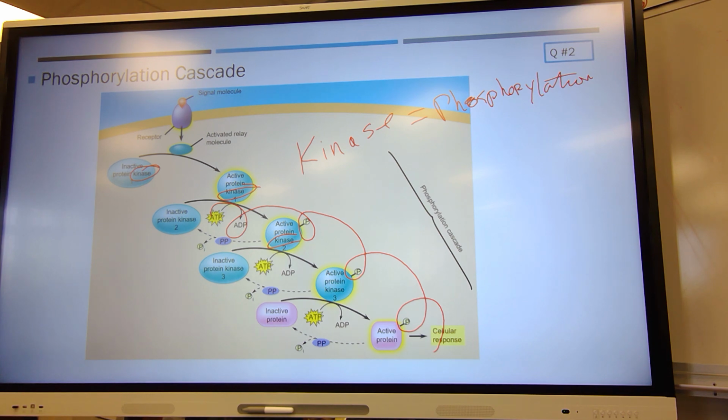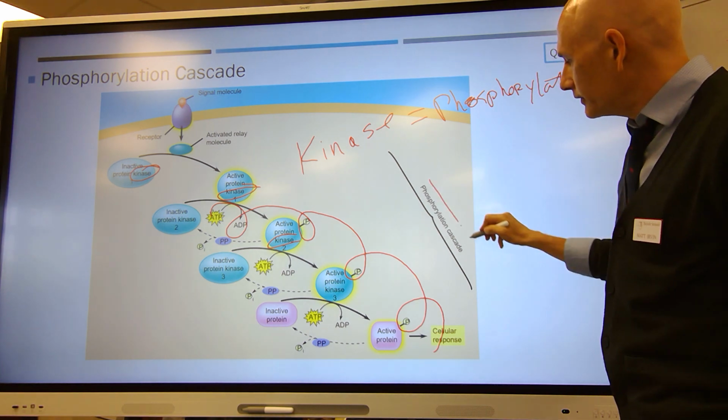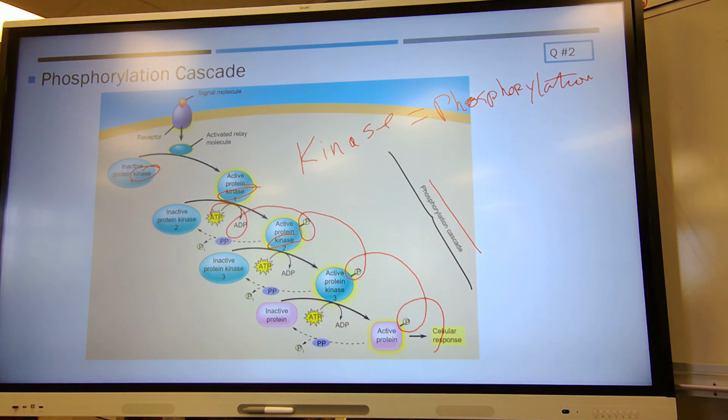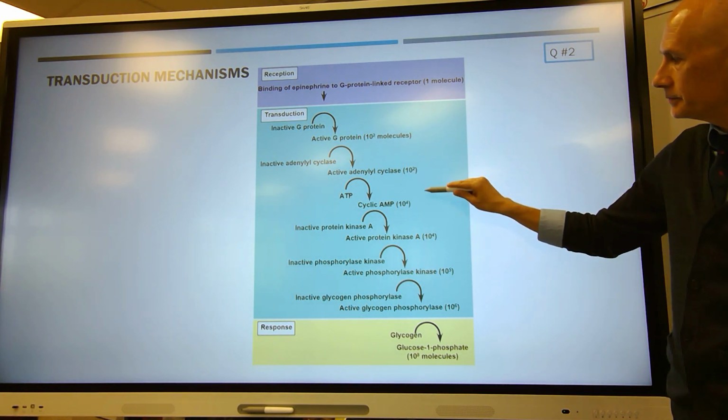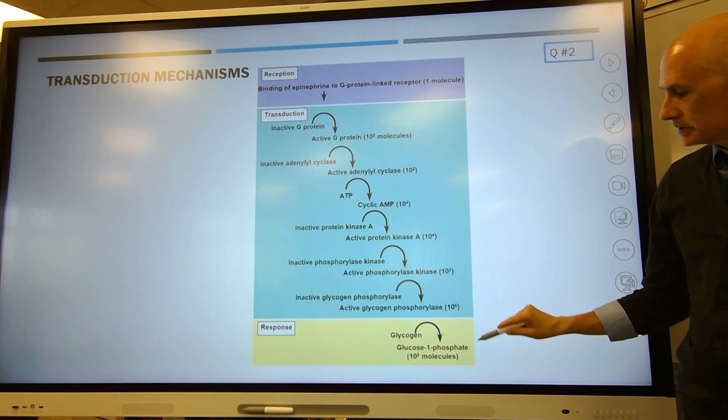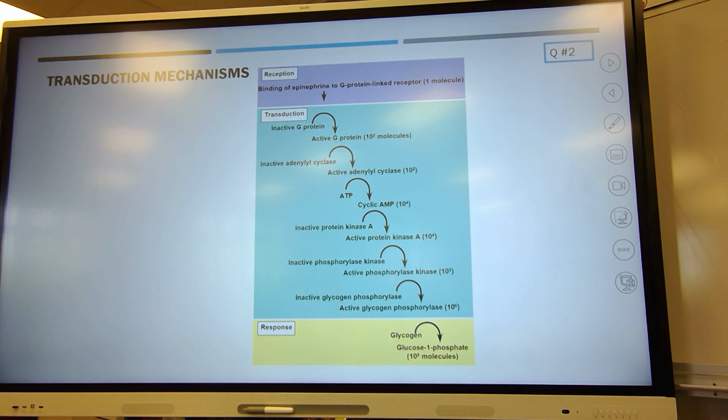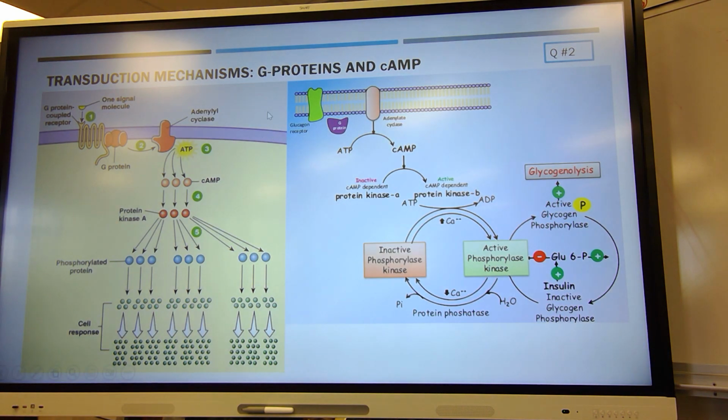So, as we are going down this phosphorylation cascade, that will amplify the signal. What we see in this one is that the number of molecules being activated increases, so you've got lots of things amplified. Two things you need to be aware of that show up on the AP test, typically as